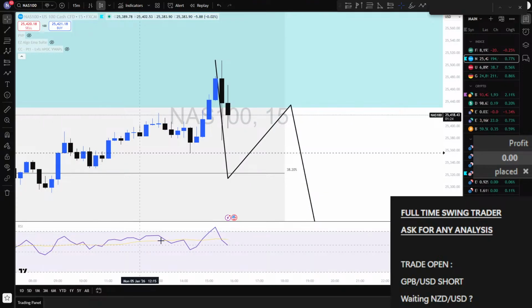When you ask how I swing at 15, it's just that my entry and my plan can be on the 15, but my analysis is based on the 4-hour time frame at least. So it's very rare that I have a trade open only for a day. Most of the time, my trade is open 2 days at least. If I open a day trade today, there's a good chance I keep it during the night, let's say.